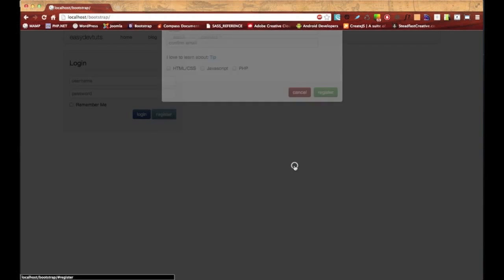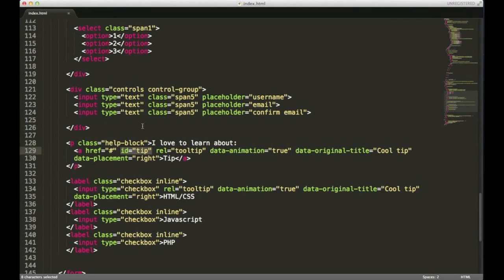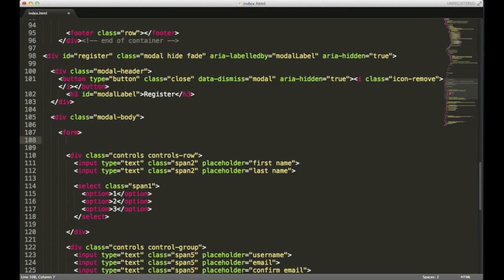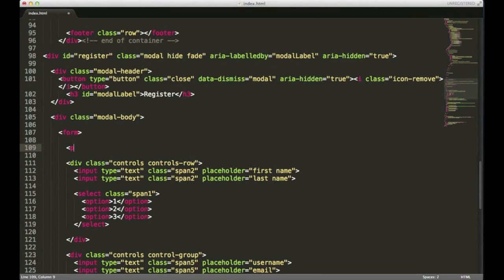Sometimes forms have required fields, and they usually have some pretty good indicators that something's required. To do that, we're going to add a p tag with a class of label, and we'll give it label info. You could also put danger or warning or primary success in this area, and what that means is it'll just change the color. We'll put info for this. I'll just put required,